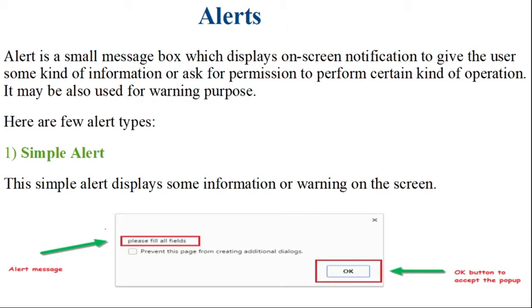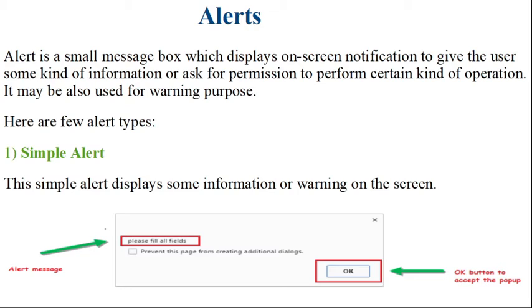If you want to delete some person or something from your system, it shows you a pop-up with a message, do you want to delete this? So basically it's asking you for permission before performing that operation. So that is an alert. Alerts mean a warning message in front of you before performing any operation.